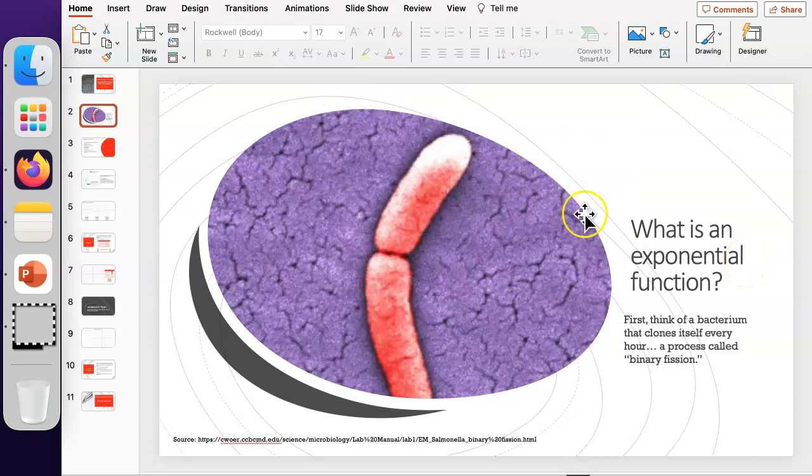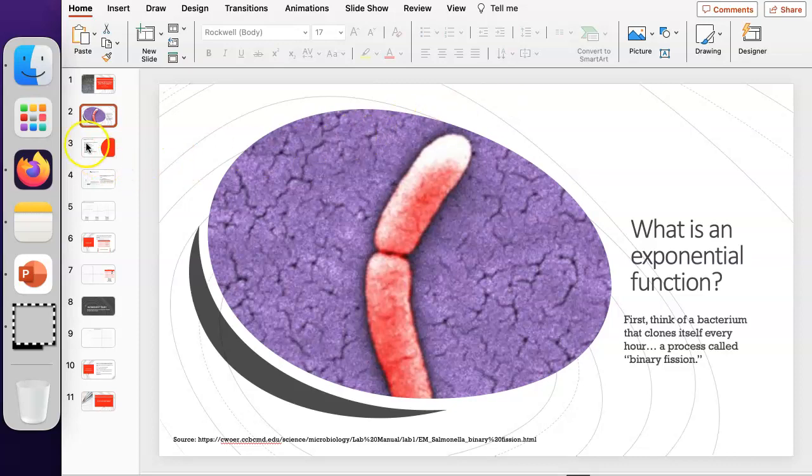I want you to look at a bacterium, this bacterium here, and this bacterium happens to clone itself every hour. So this is called binary fission, and what's happening here is the bacterium, this whole thing here, splits itself in half. You can kind of see it happening right here in the middle. It splits itself in half every hour and creates a clone of itself. And exponential functions can help us predict how much, if this process were to keep continuing, how many bacteria we'll actually have eventually, depending on how much time